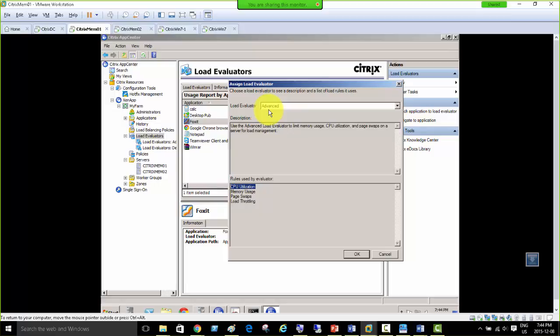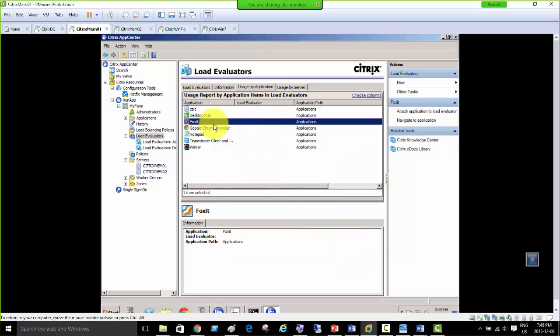So if I put advanced on that Foxit, or any of the applications that are mostly used, or in system administrators' terms, abused as well, those applications are really affecting your server performance, so you could go for this. But does it really do that? So if I had selected that and put refresh, yeah, under the load evaluator the advanced option is showing there. And this means that yes, we can connect application load evaluators with applications, the basic ones or